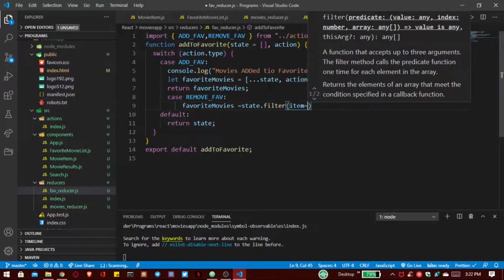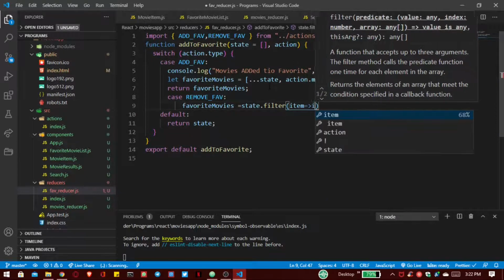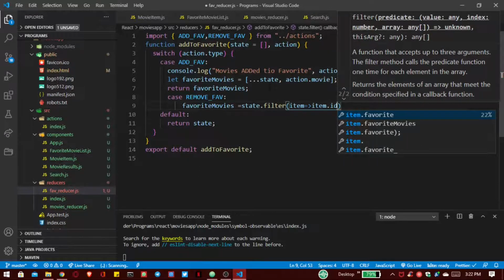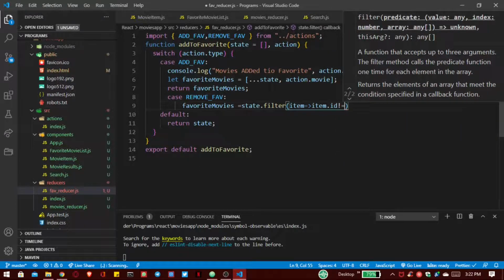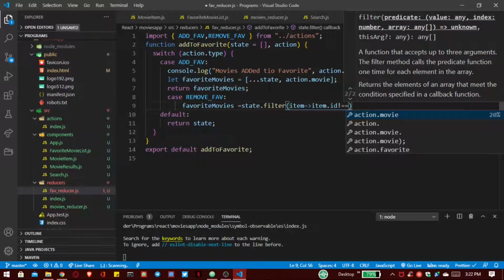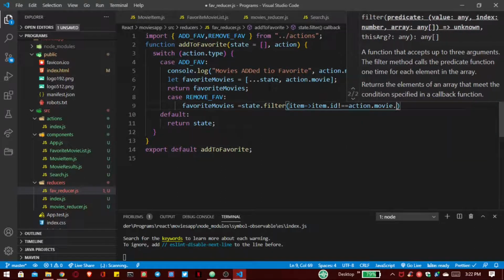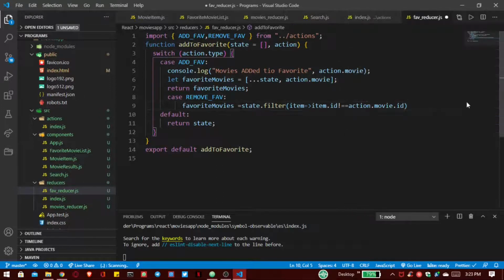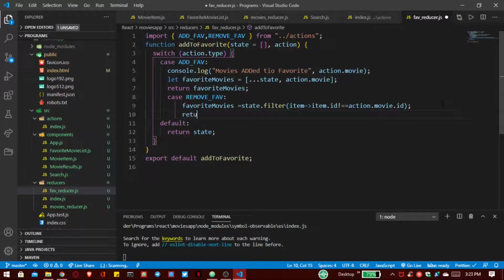First we pass our item, that is item.id, and we remove the item that is not equal to action.movie.id. After this we have to return our favorite movies. Now save this file.